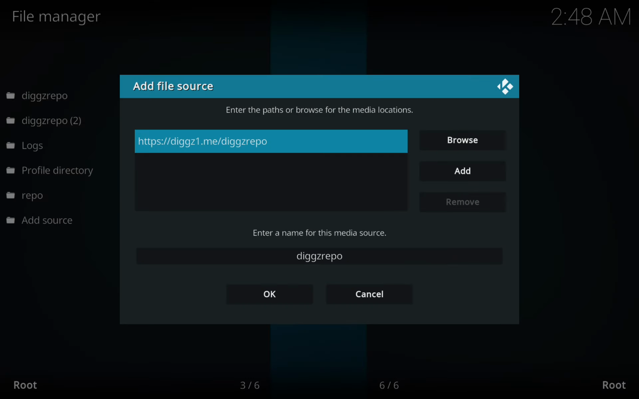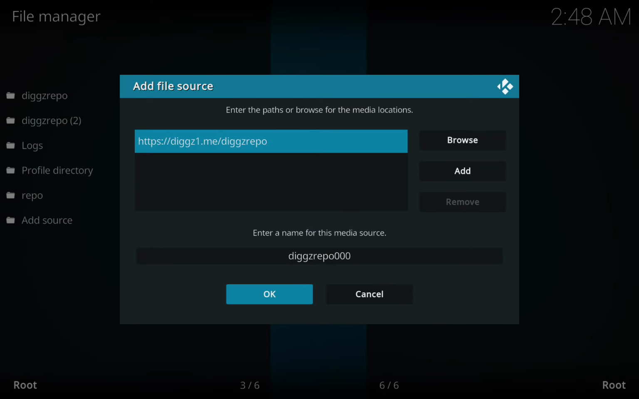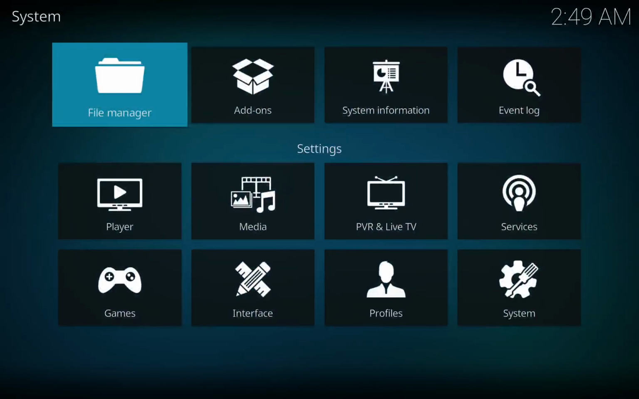And then you can change this name or you can leave it. You can change the name or leave it, but in my case I'm going to add 0. And then click OK. Once you get here, click on the back button on your remote. And once you get here, click on